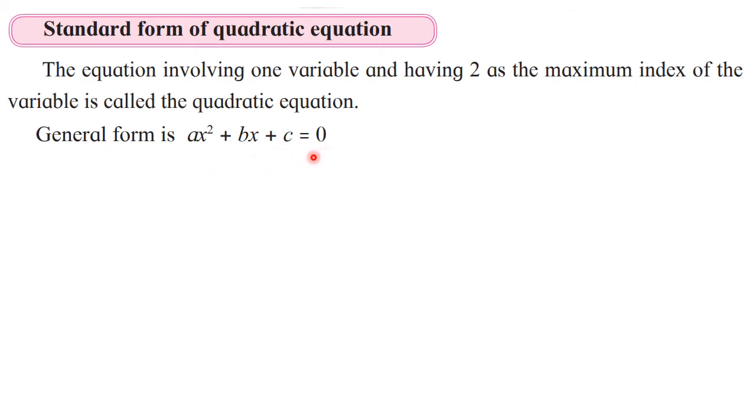Okay. So here ax square plus bx plus c is equal to 0 where a, b and c, they are real numbers. They are constants. Just now we have seen a, b and c, they are called as what? Constants. So here strictly a is a coefficient of x square, b is coefficient of x and c is constant. We cannot change the sequence.